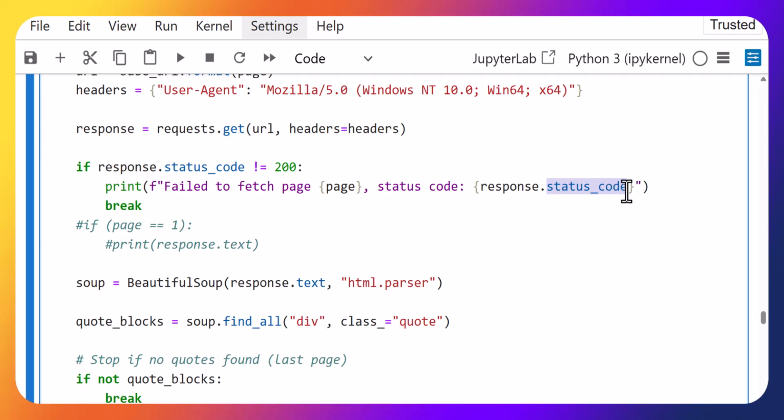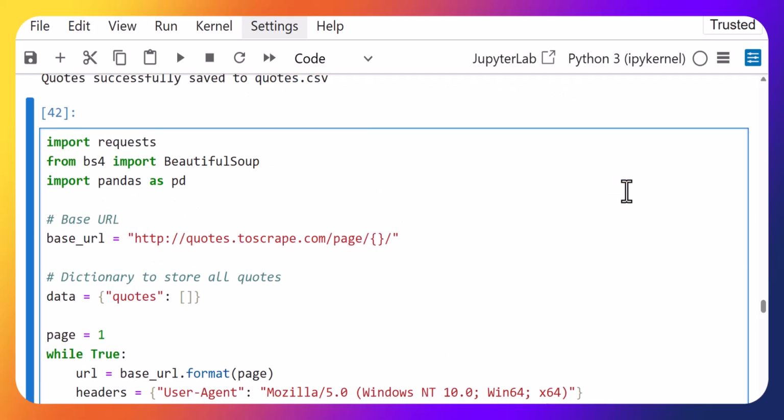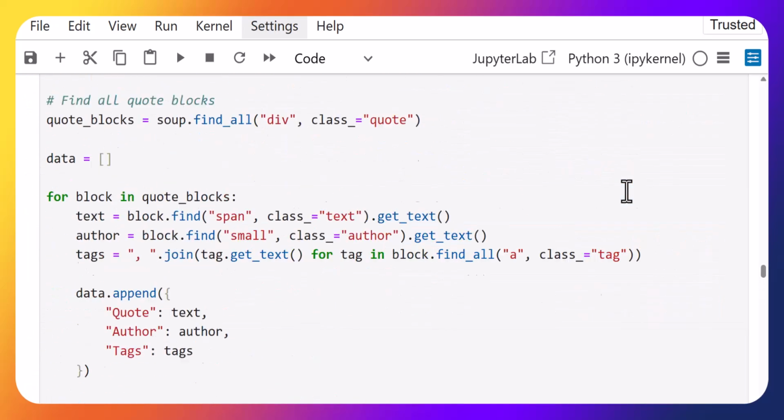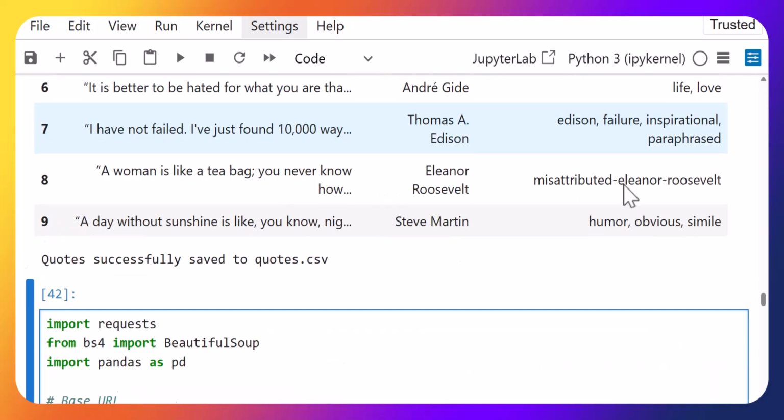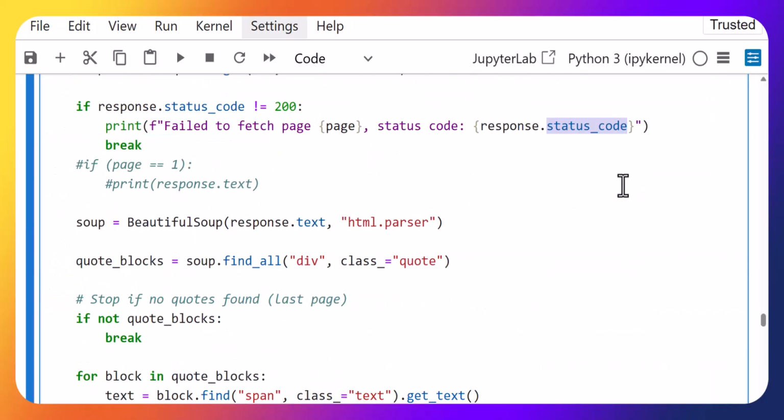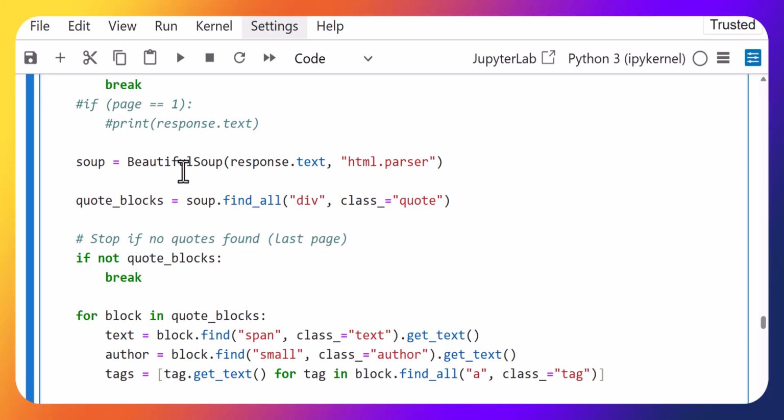So it will either be error 403, or some other error such as 302. Okay, so if the status code is exactly 200, then we will again use the Beautiful Soup class constructor,